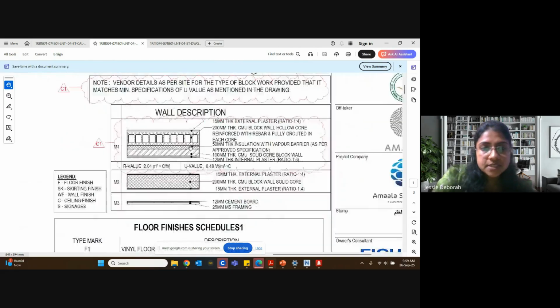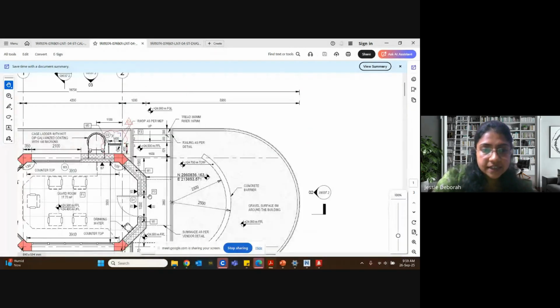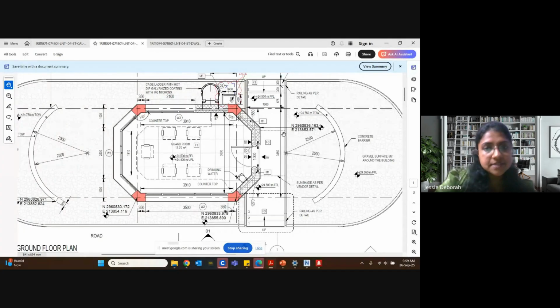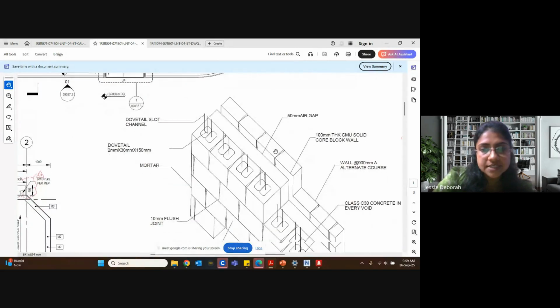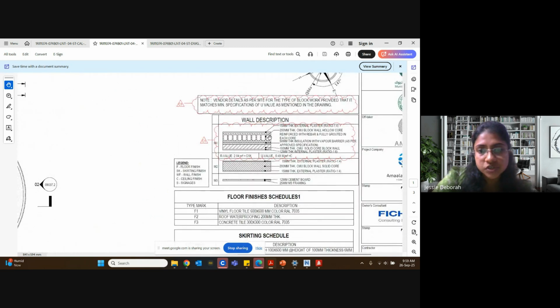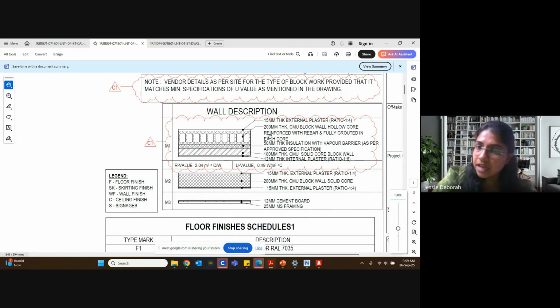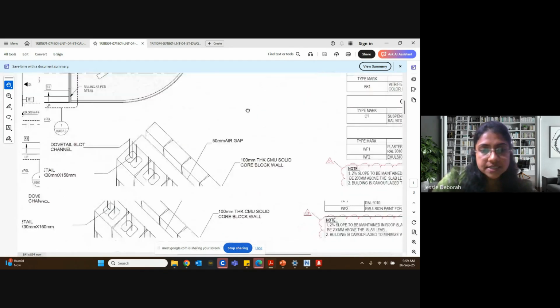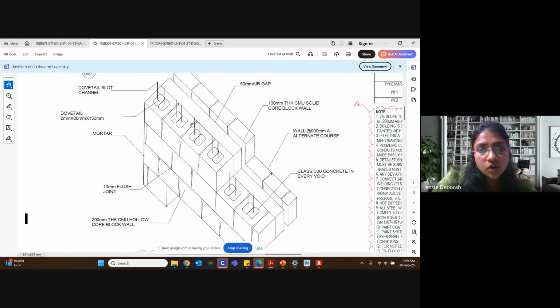Now this is going to be the block work for the entire structure. But what is happening is the consultant wants a specific kind of detailing. They are asking us for ballistic protection, and even if there is a fire, nothing should happen to that wall. In a situation where we give hollow blocks, this will naturally break. So the consultant has asked us to fill all this hollow with concrete and give a rebar here.